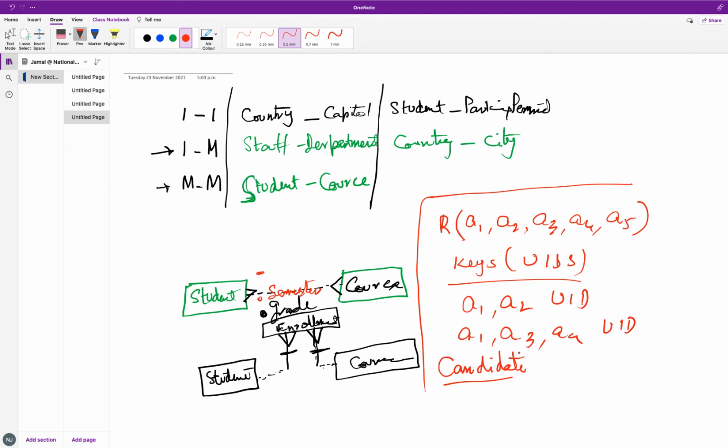relationship, okay? So this is candidate 1, this is candidate 2. You have to identify all possible candidates from that relation, so that it can become the primary key of that relation. It's very easy. Names are given, so you only have to check that this combination would be a unique identifier for the complete relation. It's very easy, right?